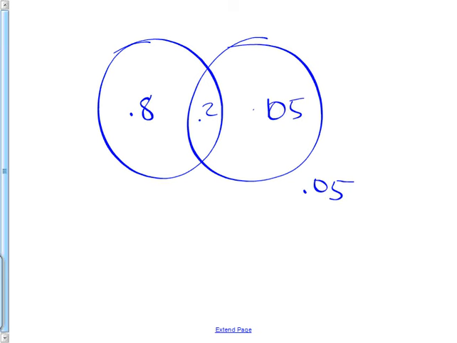There we go. Let's say this is the person has an iPad. Most people here have an iPad because they're at the school and they give you an iPad, unless you're a senior. And so anyway, the 0.2 could be people that have an iPad and a